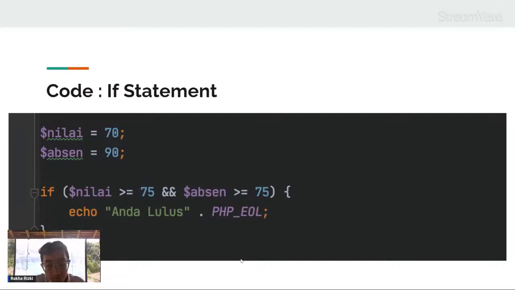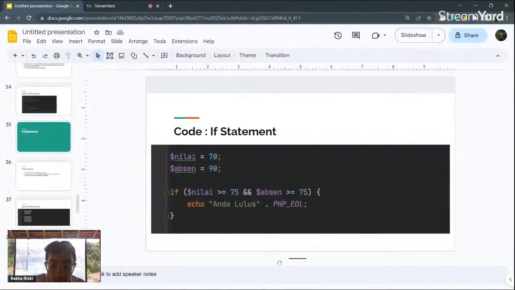So we can try it in Visual Studio Code. I will show you again.